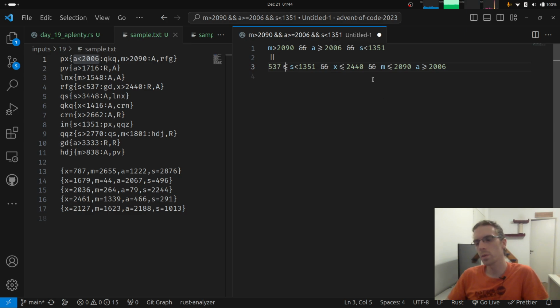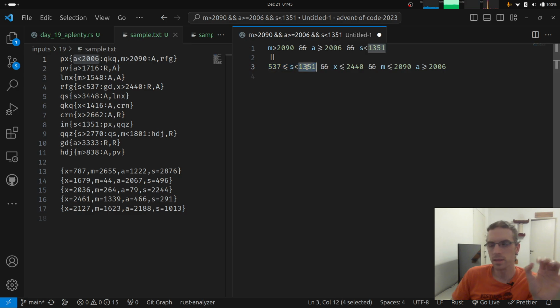So whenever we want to negate something like less than or greater than, we can convert it into less than or greater than. We don't need to consider the equals part. That's also a nice simplification. But okay, the condition for S here is the intersection of those two intervals,